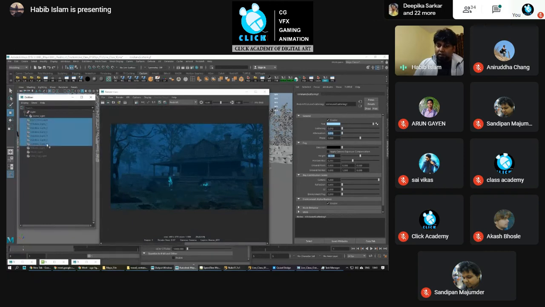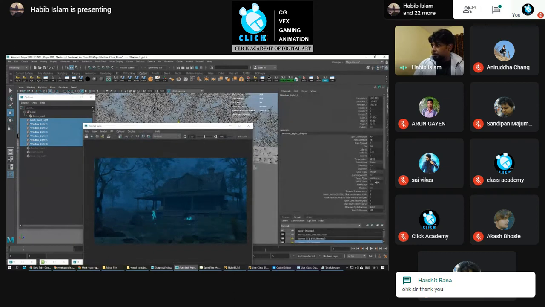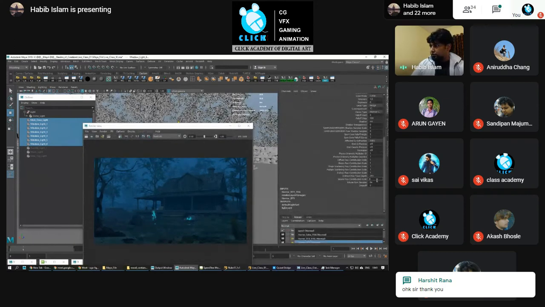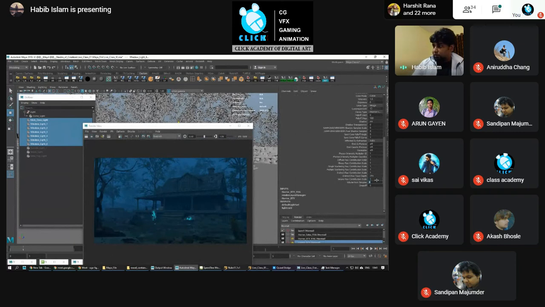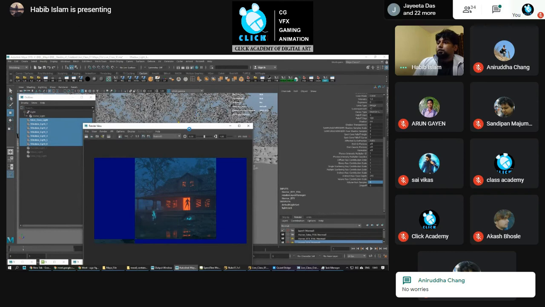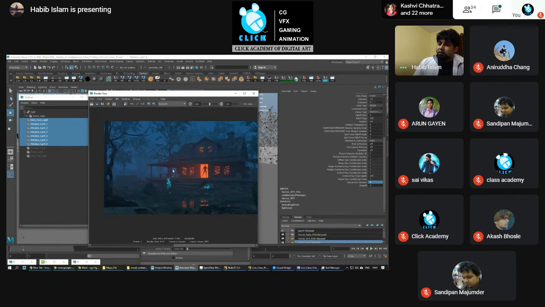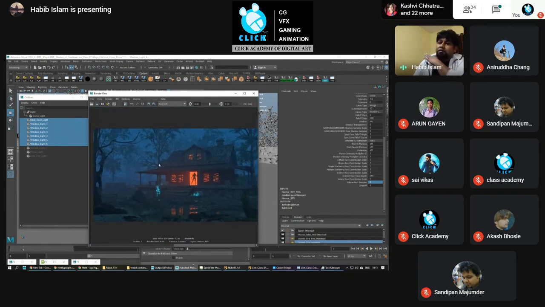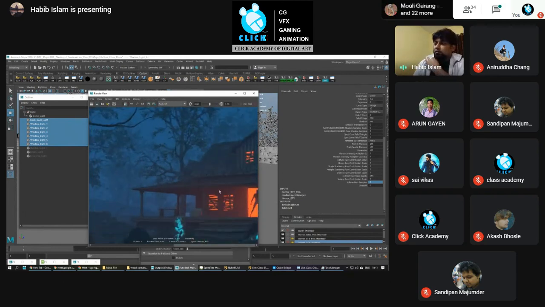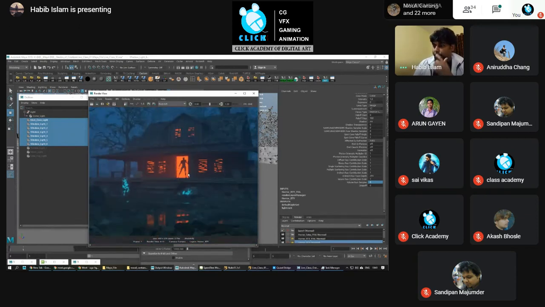Then I'll be switching on the other lights as well, and switch on those fogs as well. Then hit render again. Okay. So this output is basically based on the fog and the haze itself. This is kind of a haze environment fog, and this is a kind of fog coming from outside to inside.